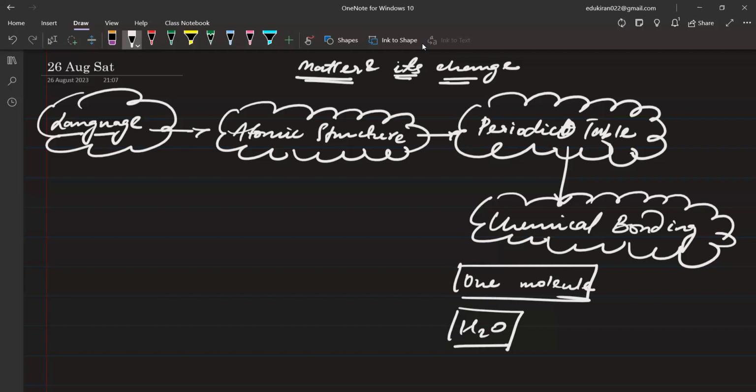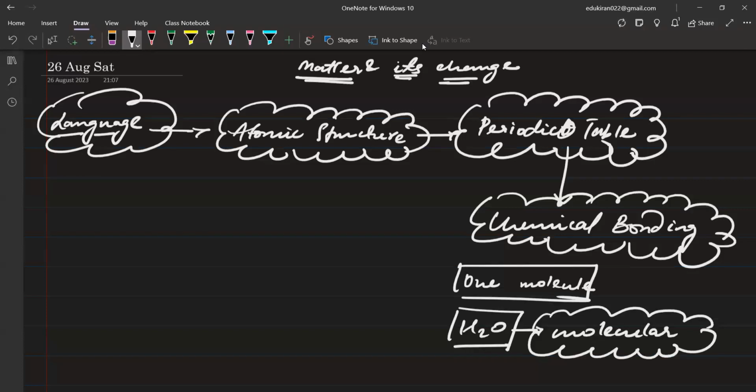Now, whatever reaction will happen will be happening in that particular water. That is a bulk water. Now, when we talk about only the H2O molecule, we are talking at the molecular level. So we understood everything about the molecular level, how the molecule is, what is its shape, what is its bond angle, and how it is reactive because of the presence of lone pair electrons on the oxygen atom, and hydrogen is delta positive. That is why it forms hydrogen bond. We studied everything about the molecular level. Now we will move towards the bulk phase. Bulk means when you bring